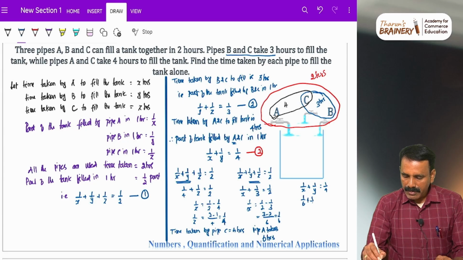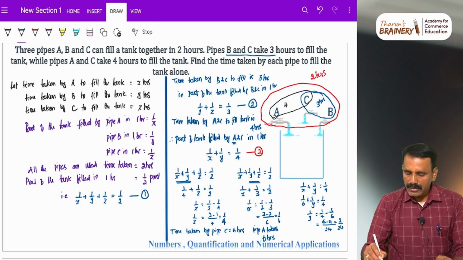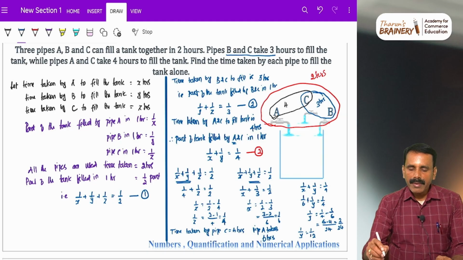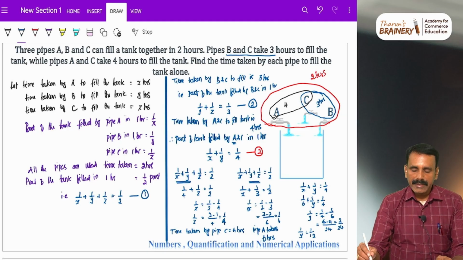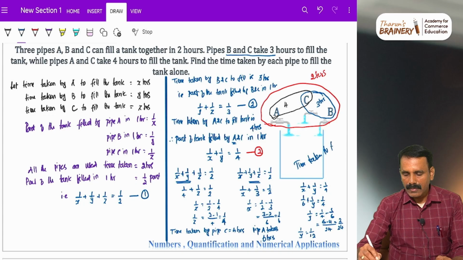So, 1/6 + 1/y = 1/4. So, 1/y will be equal to 1/4 - 1/6. Take LCM, 24, it is 6 minus 4, that is 2/24. So, we get 1/y is equal to 1/12. So, in 1 hour, pipe B fills 1/12 part of the tank. So, the time taken by pipe B is